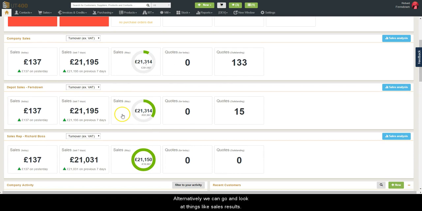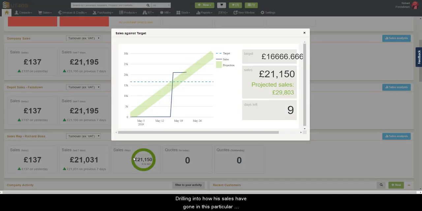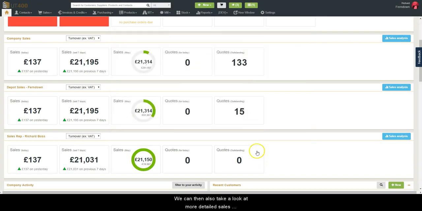Alternatively, we can go and look at things like sales results, drilling into how his sales have gone in this particular month, tracking his individual sales, and then also building a projection line as to where the month is likely to finish. We can then also take a look at more detailed sales information. So if I click on the sales analysis button,